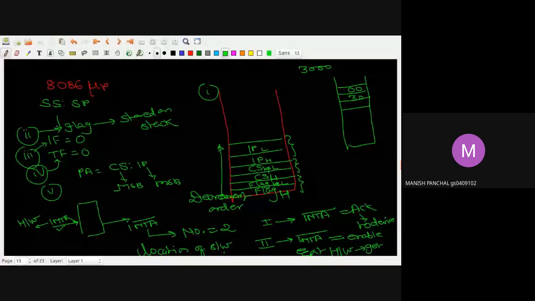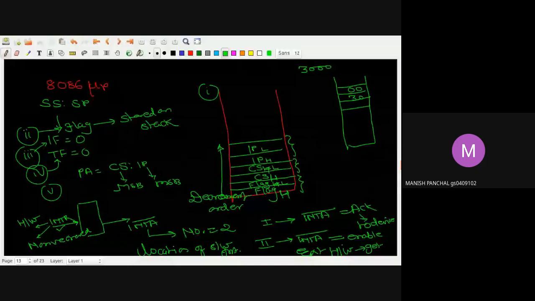Because of this, I am considering INTR as a non-vector interrupt. So how will the non-vector interrupt be served? Have you remembered the concept of the 8085 microprocessor? For INTR, we used some circuitry of RST0 to RST7, any one circuitry for that. And we use the location of RST0 to RST7 according to the hardware design.